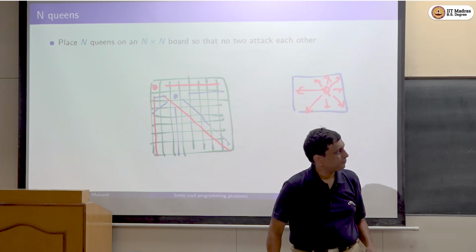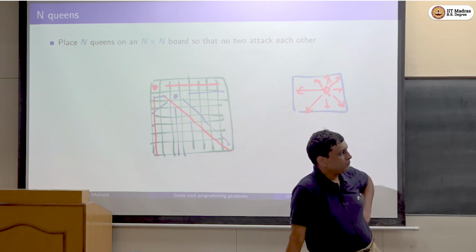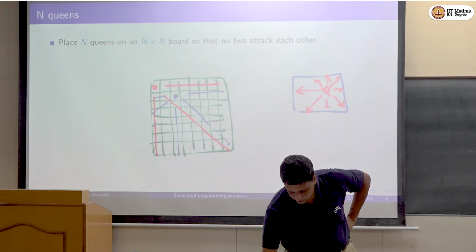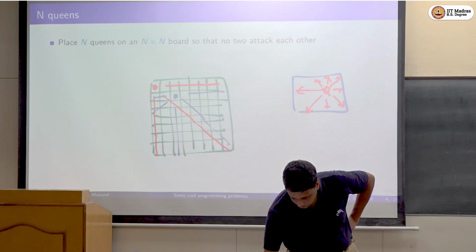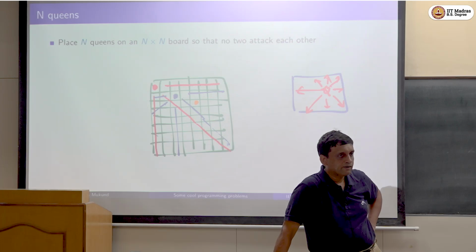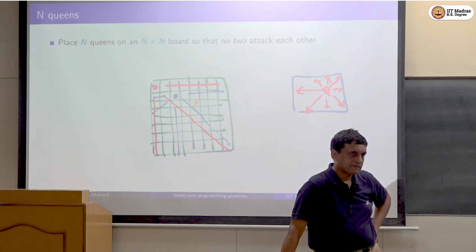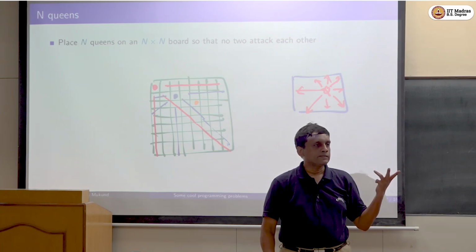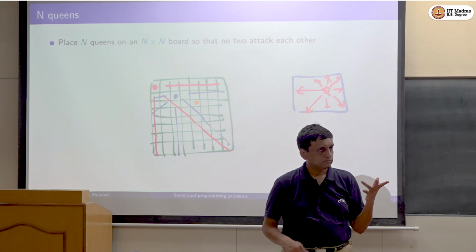So in this way, what I want to do is keep putting queens. I can now put maybe a yellow queen there, which is not attacked by the red queen or the blue queen. But it's easy to see that since you cannot put 2 pieces on the same column or row,